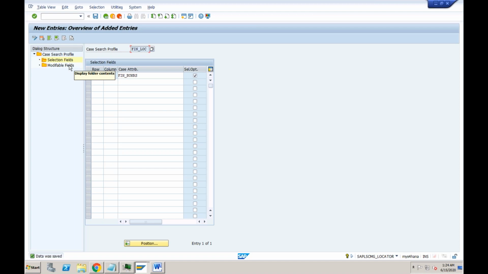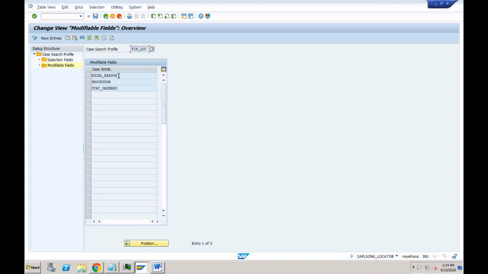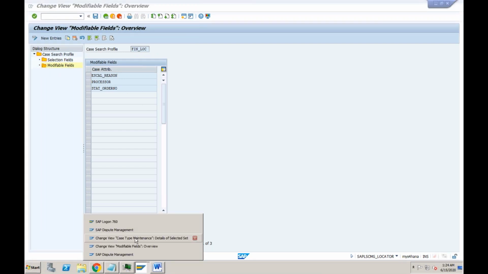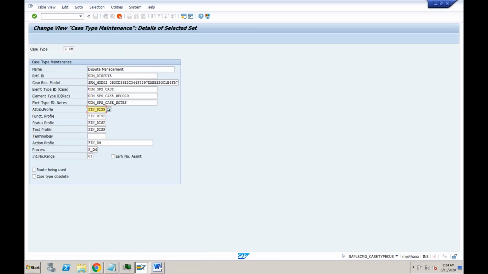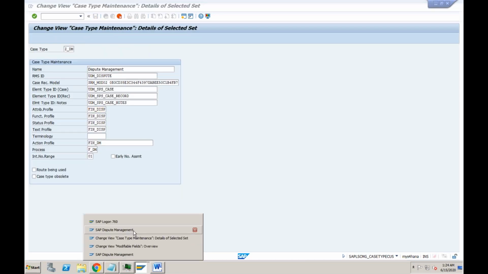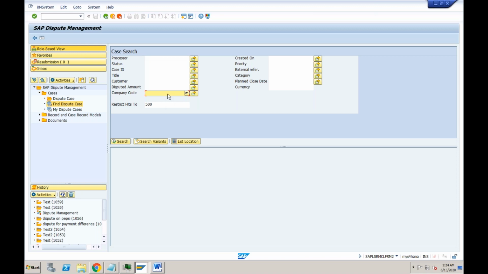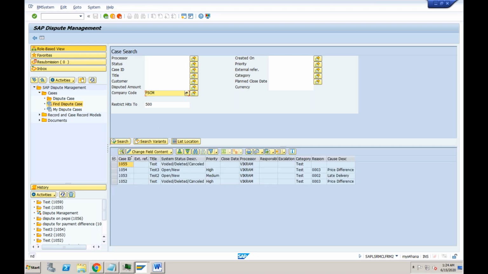Okay, next one is modifiable fields. Modifiable fields means which fields you can modify. Let's do this first. If I go to dispute management, I want to see all the cases for company code FSCM. Click on search.